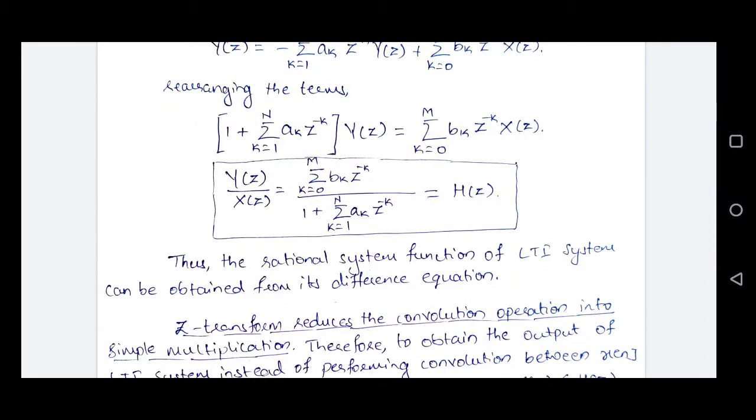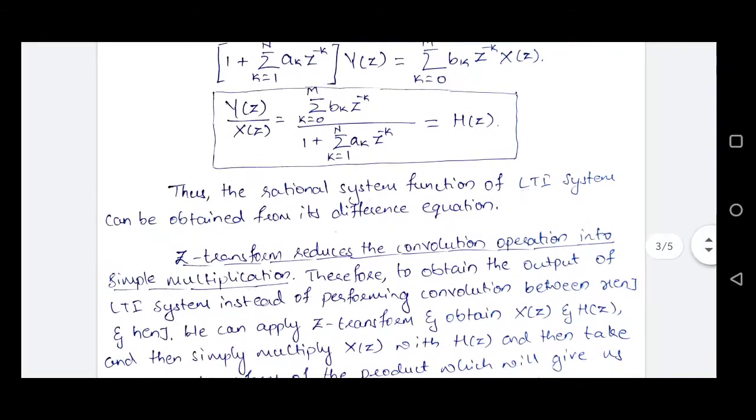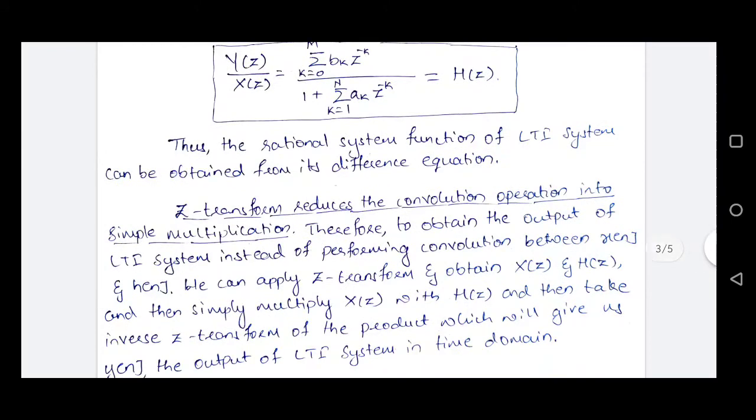This transfer function is expressed as a ratio of two polynomials, a numerator polynomial of different powers of z and a denominator polynomial of different powers of z. Therefore, z transform reduces the convolution operation into simple multiplication. To obtain the output of a linear time invariant system, instead of performing convolution between input and the impulse response,